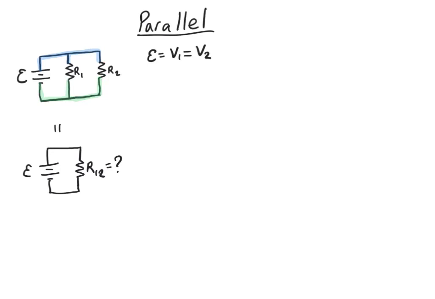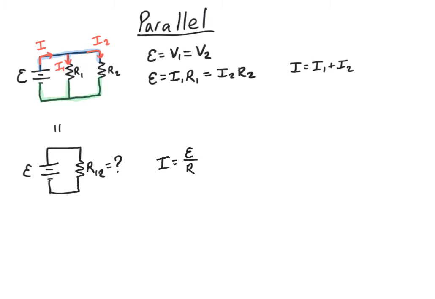Next, we can make use of Ohm's law to rewrite V1 and V2 in terms of their currents. Note that their currents are not equal to each other because the current through the battery is split between branch 1 and branch 2. But that gives us the relationship that the total current through the circuit is equal to the sum of I1 and I2. If you look down at the equivalent circuit at the bottom, though, we see that the total current through the battery can also be written as the EMF of the battery divided by the equivalent resistance of R1 and R2. Since the equivalent resistance is what I'm looking for, I'm going to rearrange the equation to isolate R12, and then we can plug in the values that we found from up here,